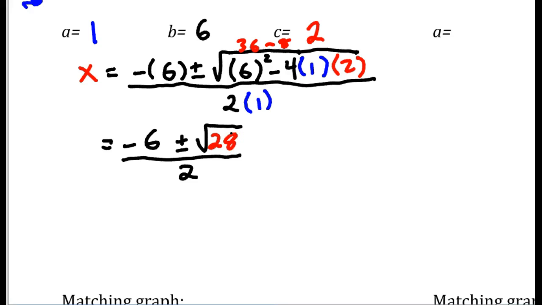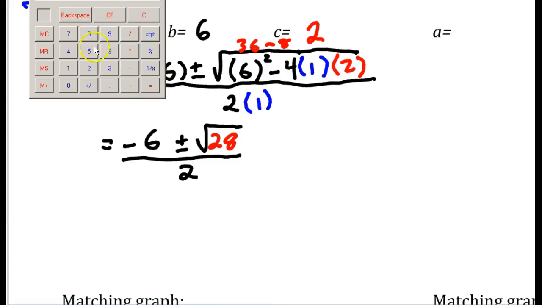Up to this point, you've always had those nice numbers in the radical, especially last night's homework and the night before that. It always came out to 16, 4, 1, 25, but that's not the case anymore because our answers are decimals. Since we don't have a perfect square, it's a decimal. Now, you can do one of two things. You can estimate this answer, because you know 28 is really close to 25. The square root of 25 is 5, so the square root of 28 is like 5.2, 5.3, just estimating. You can do that. Or